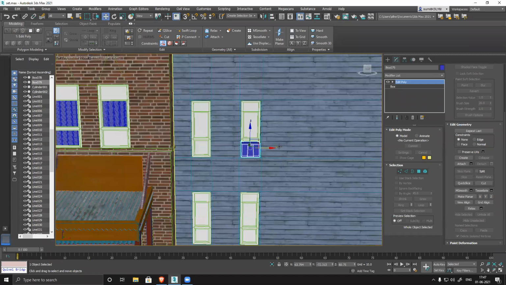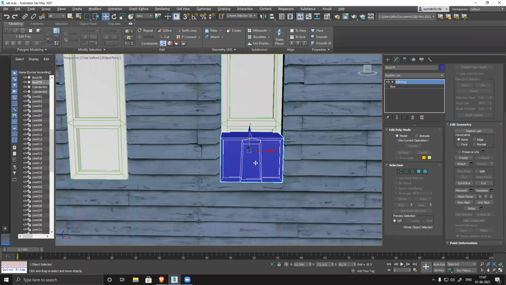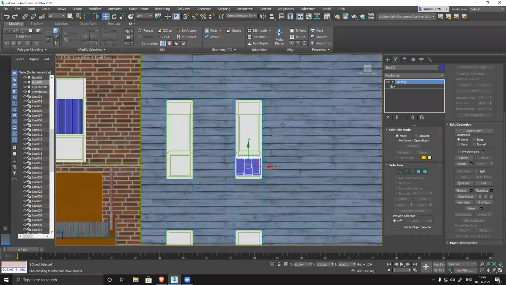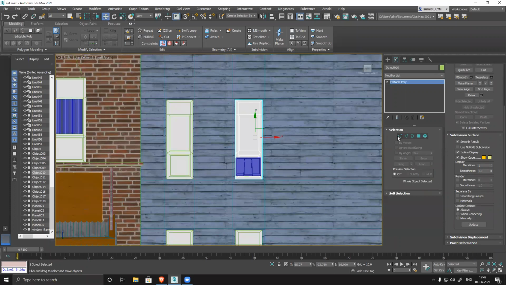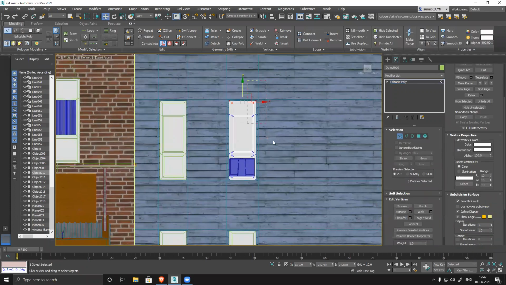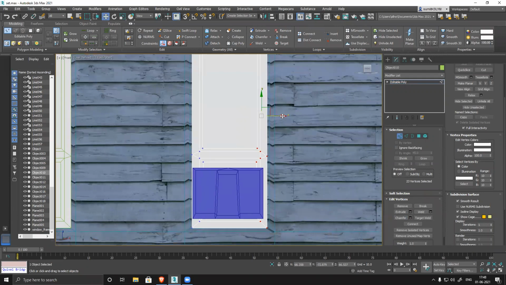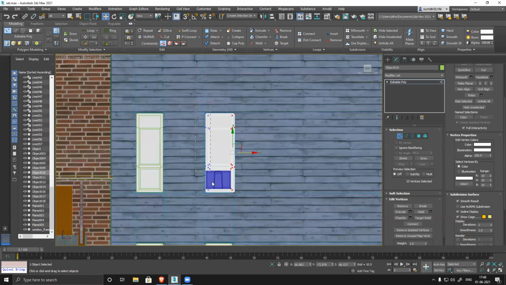Window shape I need to modify. The AC looks fine. Only the window shape I have to fix. So what I'll do is select my model window. I can make it slightly wide. And this side also exact same thing.